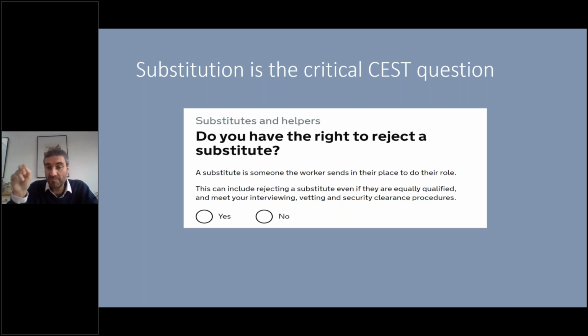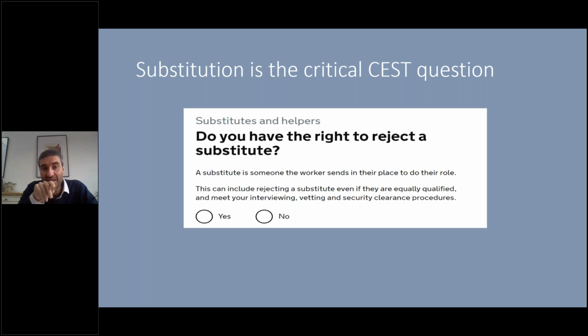This is the key question. I've been through the tool several times and used different permutations of answers. It asks you, I think we're now on about 25 questions or something. But there's a question which comes up about the 7th or 8th question that you get, and it's this one. Now, this is how it's worded if you are the client. So I've gone in saying, I'm a client, I want to assess someone's status, and these are the questions I get. This question is a direct screen grab from the tool itself, as you can probably tell from the crude print screen that I've done to put it into the site.